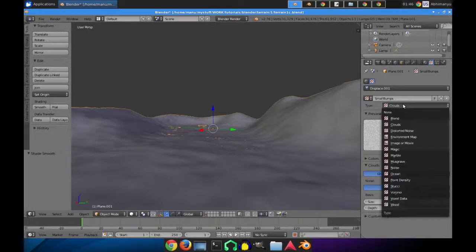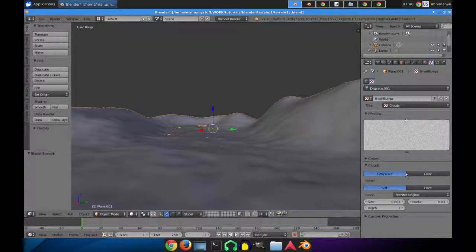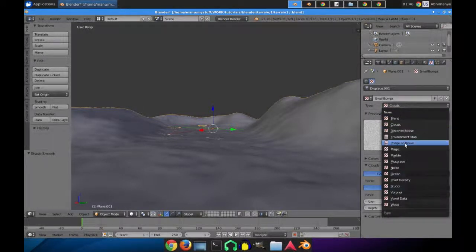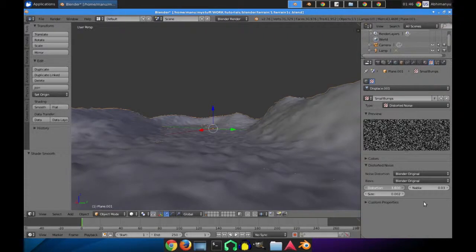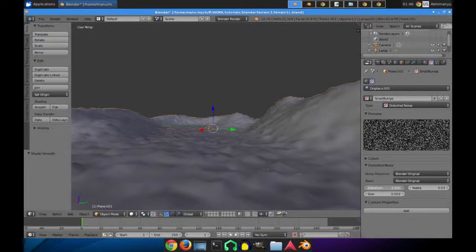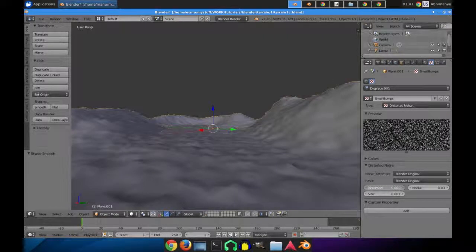Okay. I'll try to change it to clouds. Okay. I go with distorted noise and a little bit of distortion,